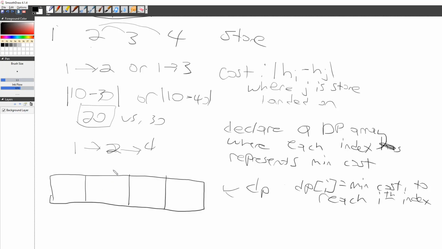Delete that. Okay, so we want to jump. We just want to fill out this array first. To reach the first stone,